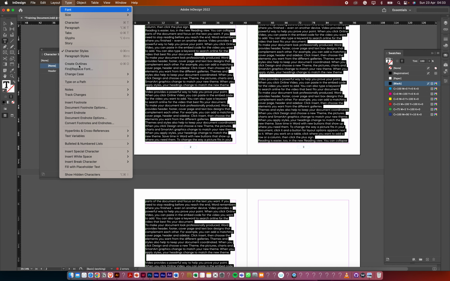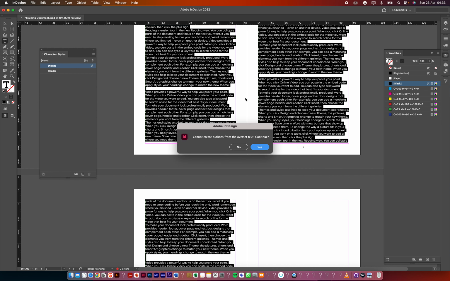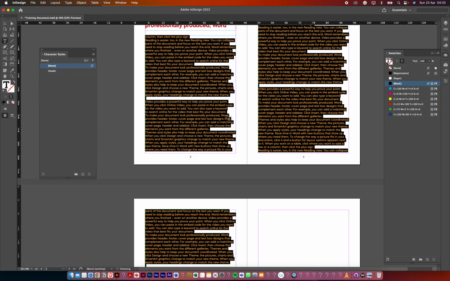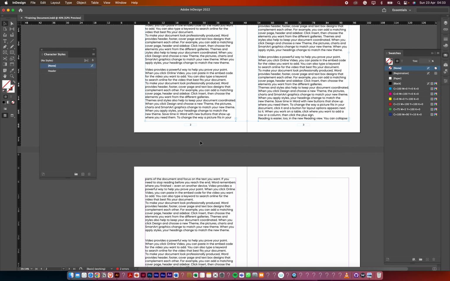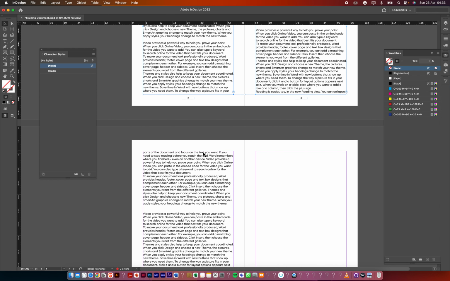You are going to see Create Outline, and from there you create your outline. It converts it to shape. So can you see that's converted it to shape, so that when you send it to your designer it doesn't deform. So basically that's just how you can get started